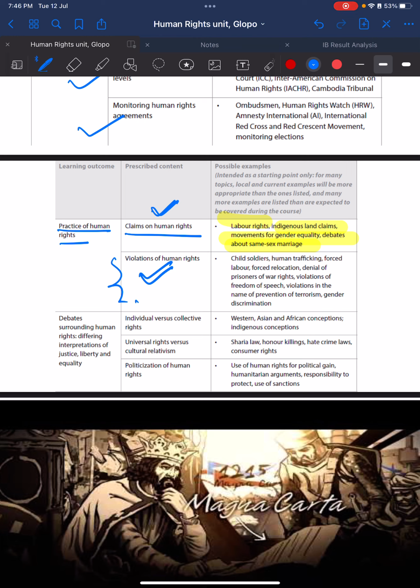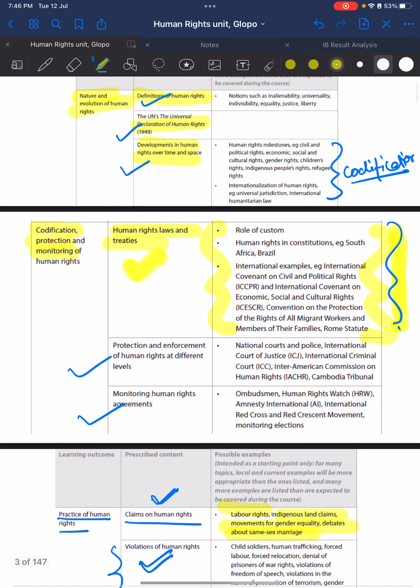Now under this debate we cover individual versus collective human rights, universal versus cultural relativism and politicization of human rights. So this is a pretty short